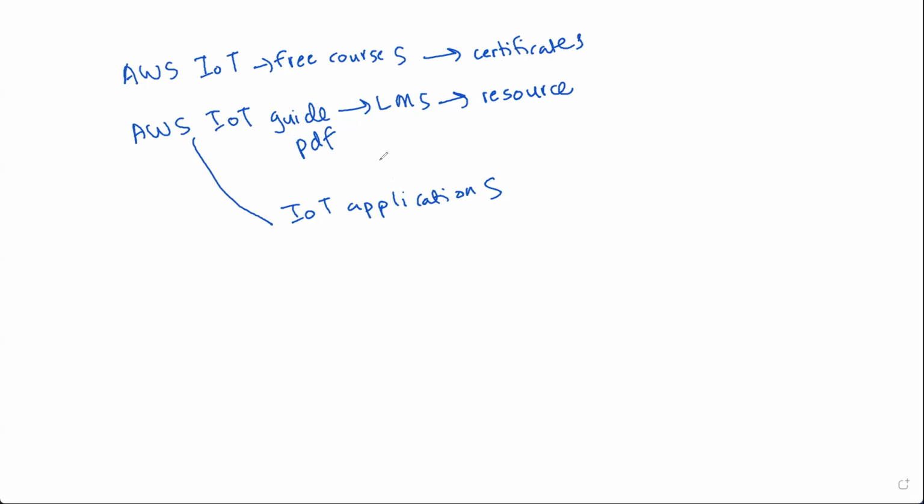However, in order to understand the architecture, you can follow these courses and you can learn about the AWS IoT architecture. AWS has its own standards and policies, and also some definitions that they define for the architecture. They have different architectures that they use to do the computation and the networking of the data. So you can refer to those courses and follow those. You can get the certificate.